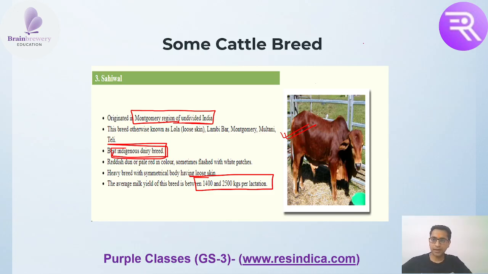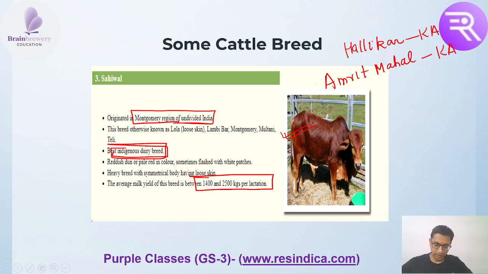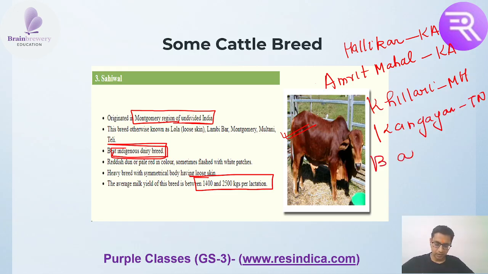So if we go by some other names, I will give you names like Hallikar, that is in Karnataka, then Amrit Mahal, that is in Karnataka. Then we have Khillari, that is there in Maharashtra. Then we have Kangayam, that is in Tamil Nadu. Then we have Bargur, that is in Tamil Nadu. Then we have